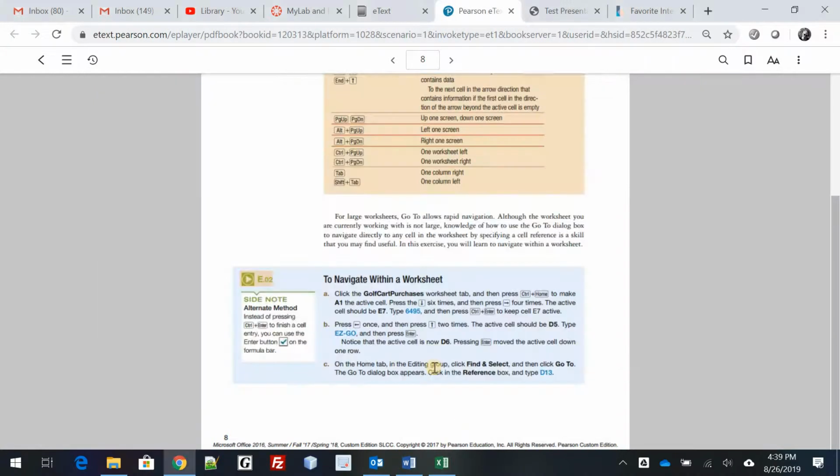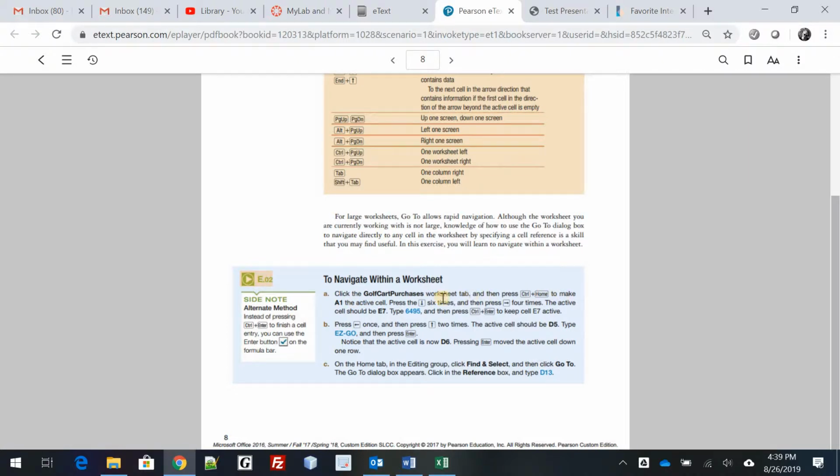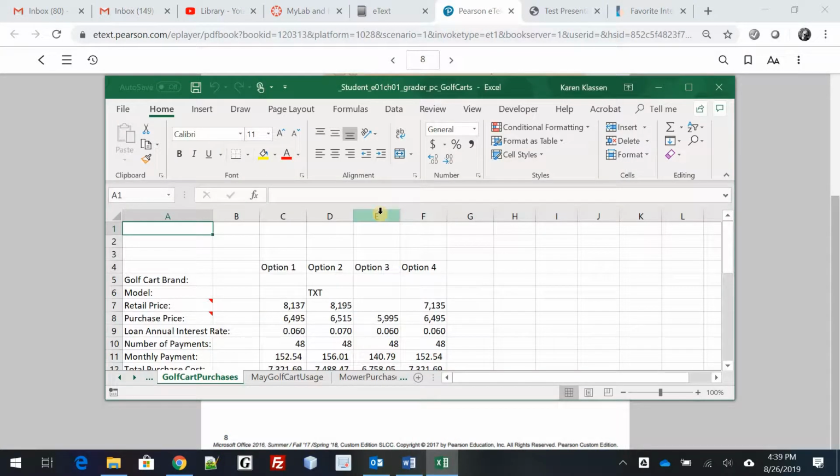and it's saying, click on the golf cart purchases worksheet tab. In E7 type in 6495. So this is telling you how to get there, and you can go down, use the arrows and over. That seems like a lot of work, but what they're saying is go down 6 and over 3 or 4, 5, whatever. What you basically want to do is have this name box say E7, or you can click on it. And then we're going to type in